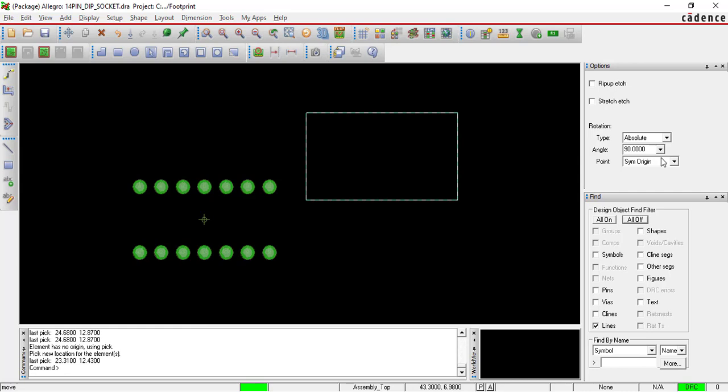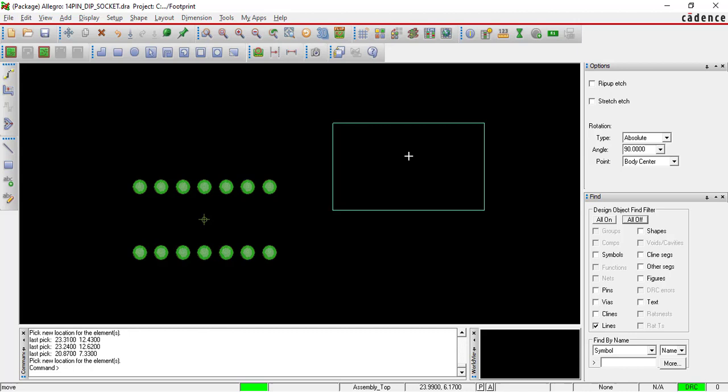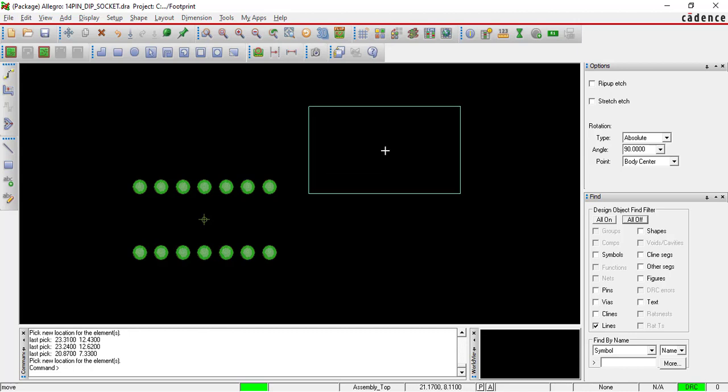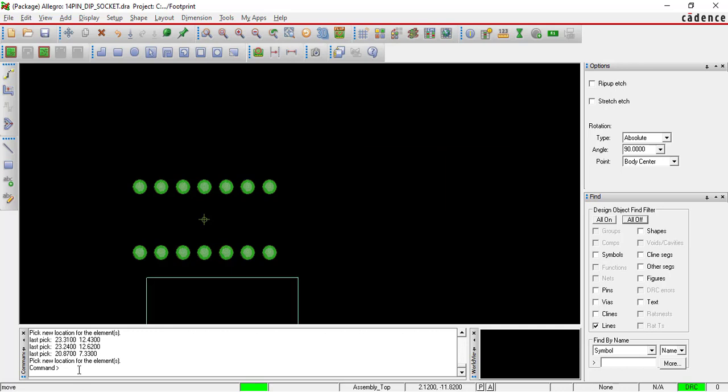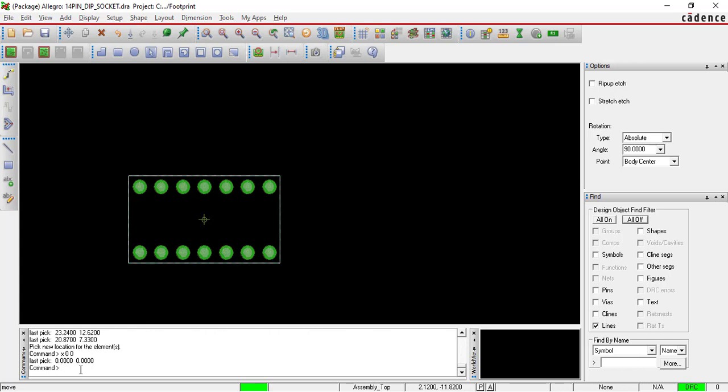So I have to go here in Options, and select body center. Now it will be moving by the body center. Now come to the command window, write x space 0 space 0 and enter.